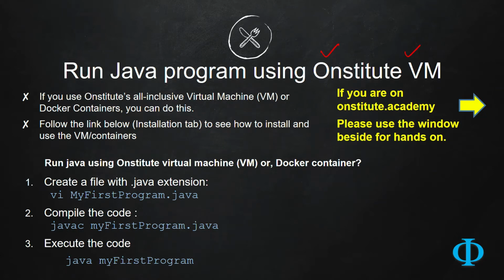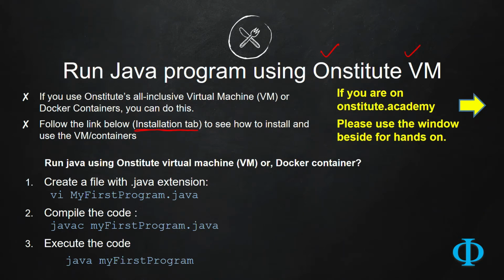So how can you run this? First, you have to install this virtual machine or the Docker containers, and the installation instructions you will get inside the installation tab below this video frame. So go there and follow the installation tab and try to install the Onstitute's virtual machine or the Docker container